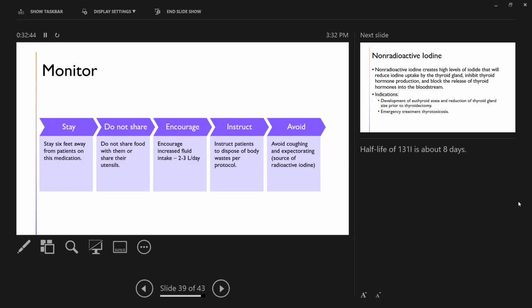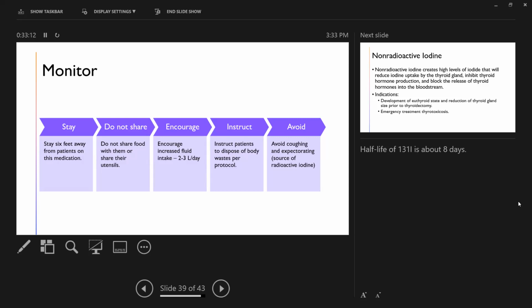Encourage increased fluid intake. That will flush the radioactive iodine through their system. Instruct patients to dispose of bodily waste per protocol. Have them adhere to that protocol religiously. Avoid coughing, avoid spitting, expectorating. Avoid taking sweat and wiping it on the wall or something, because their sweat and their fluids will all be